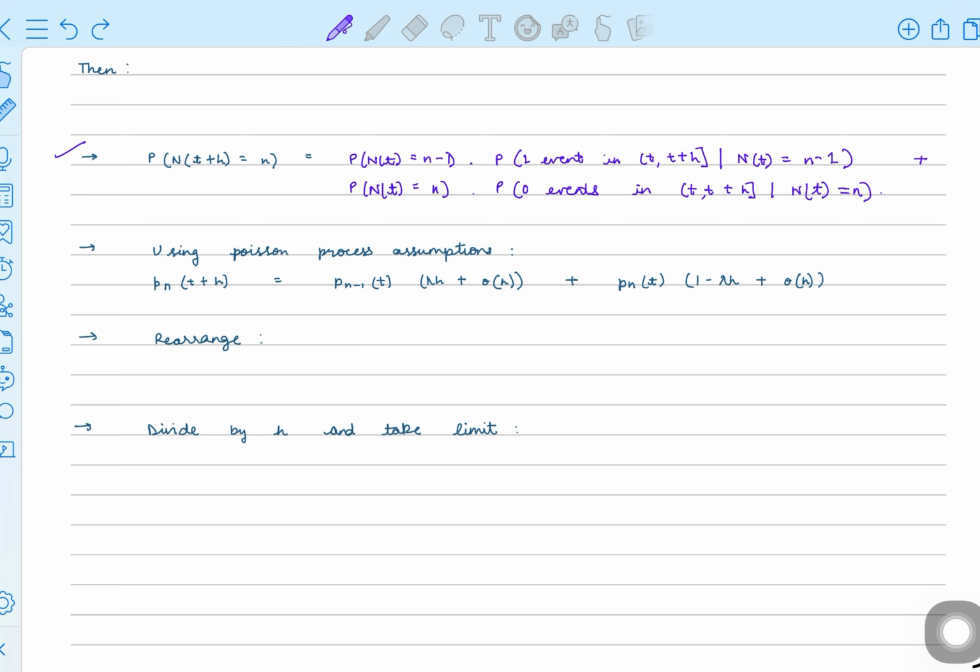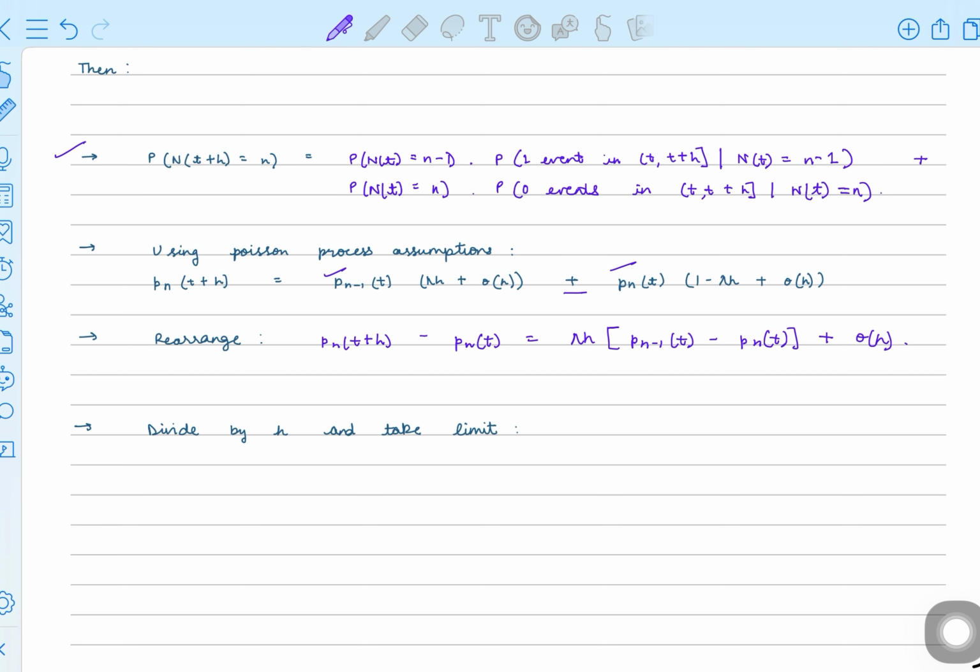Using the Poisson process assumptions covered earlier, we can write down each of these two cases as these equations and add them. Without making this process too lengthy, if we first expand the equation and then subtract the probability p subscript n of t from both sides, we obtain: